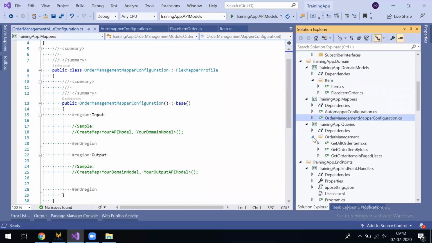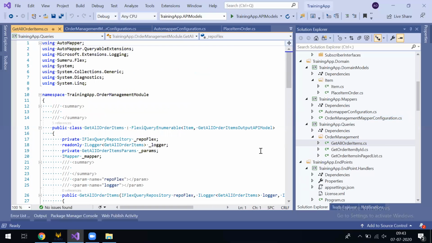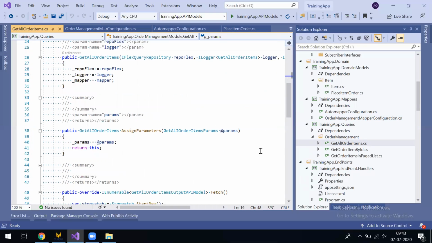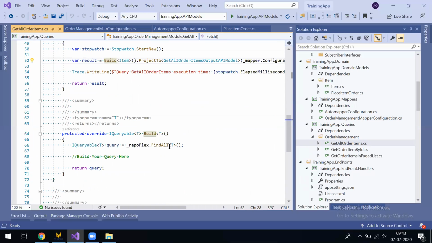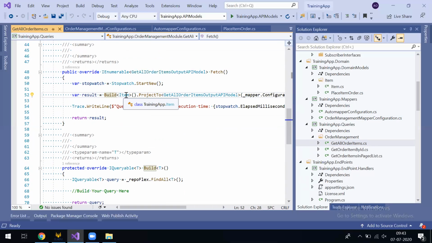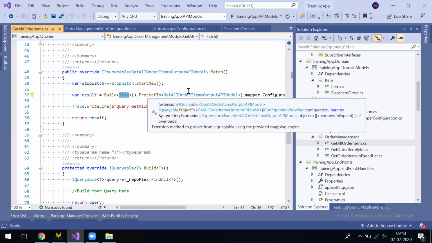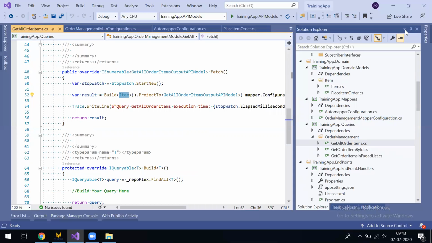Then we have queries. So in queries, we had three features wherein we had to fetch data. So under order management, this is to get all the order items. This is the file which got generated, and a predefined code also has been created over here for fetching data. If you see here, this is the build here. It fetches the data from the DB for the item entity, and it does the auto mapper also over here.